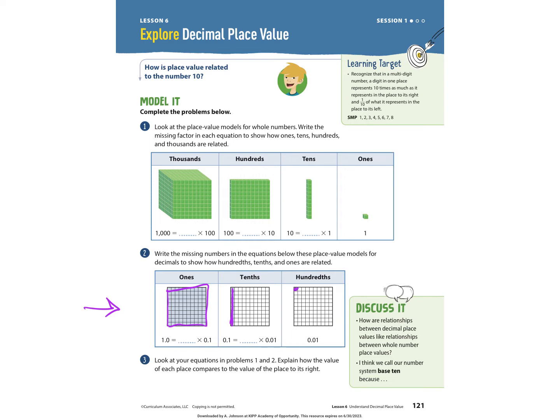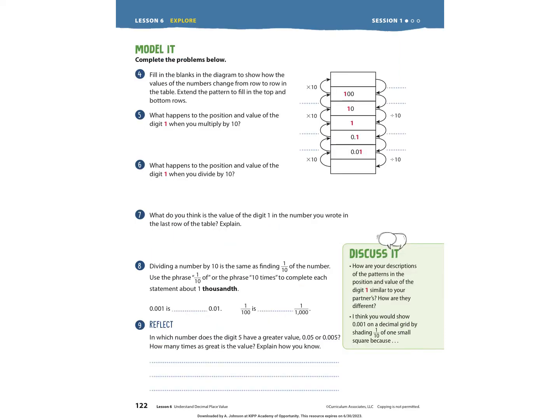So we definitely want to push and make sure they're saying the numbers correctly, tenths, hundredths, thousandths, and also understanding that those can be written as fractions, which we'll get into on the next page. So for this chart, as you go up the chart, numbers are getting bigger by multiples of 10. So 100 times 10 would be 1,000. And as you go down the chart, they're getting smaller by multiples of 10. So 100th divided by 10 would be